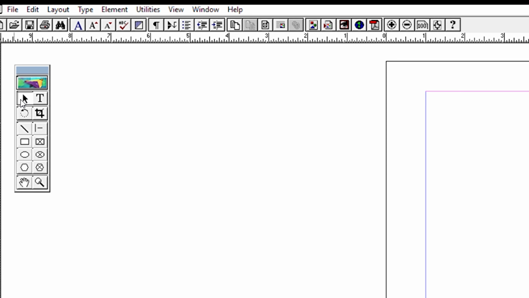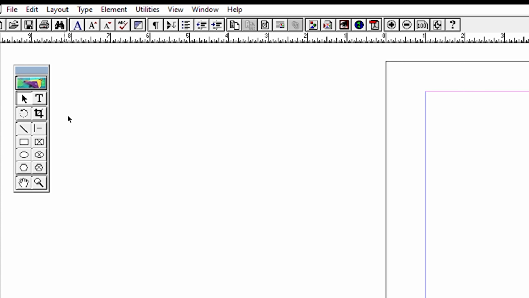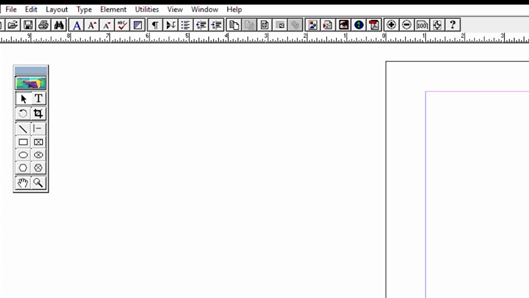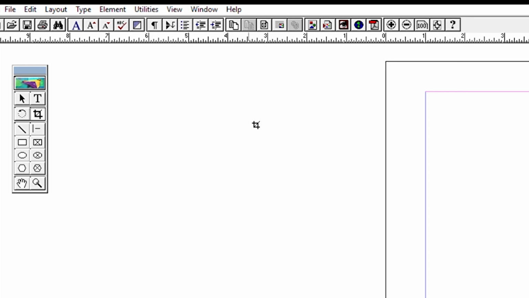Next one is the crop tool. For this crop tool, Shift Alt F2. That is the shortcut key. And crop, we all know. If you have the page like this and you have to trim it to this much, you can just use this crop tool. That is the crop tool. Next one is the line tool. Line tool means you can draw lines in any direction we wish. Next one is the constrained line tool. The shortcut for the line tool is Shift F3.